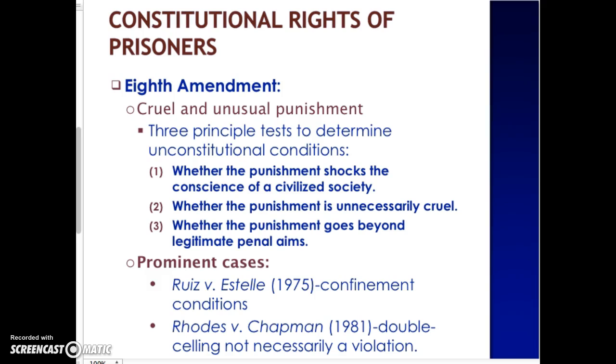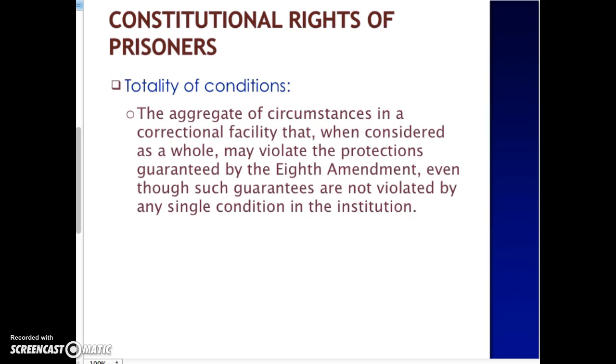And so it just gives you an idea as to how the courts might apply the Eighth Amendment in terms of cruel and unusual punishment, and some of that has to do with overcrowding. Not necessarily the issue of overcrowding itself, but whether that overcrowding causes some other type of legal issues, such as lack of proper medical care, maybe security, things like that. And you can take a look at that. There's just the totality of the conditions that the courts will look at, not just one specific element of an institution.